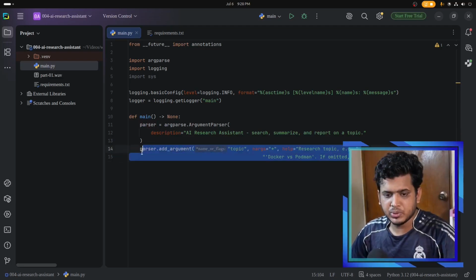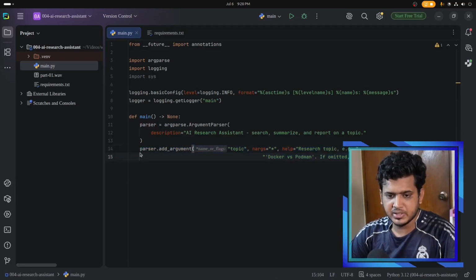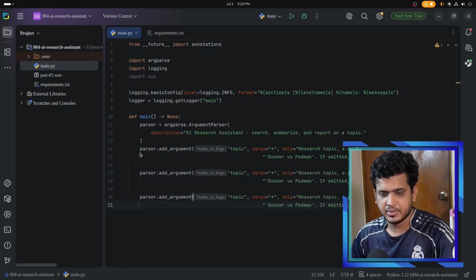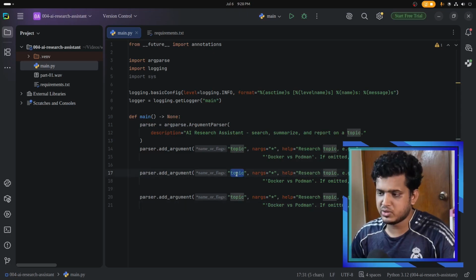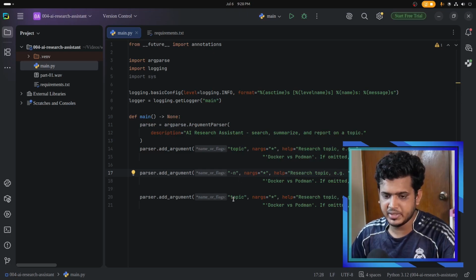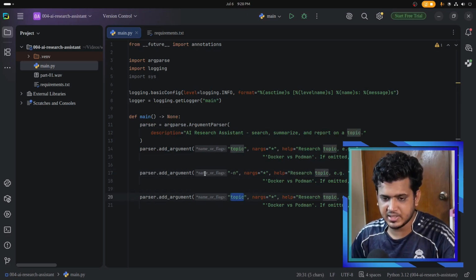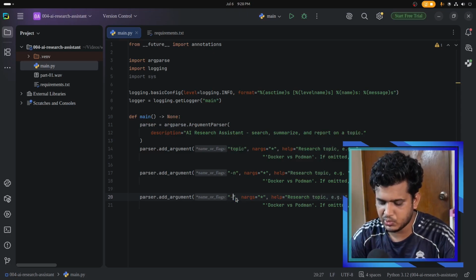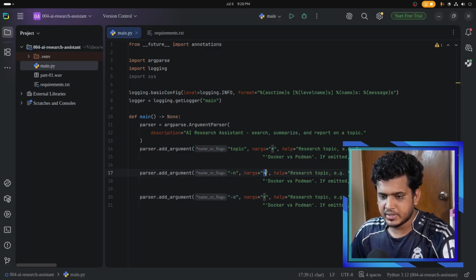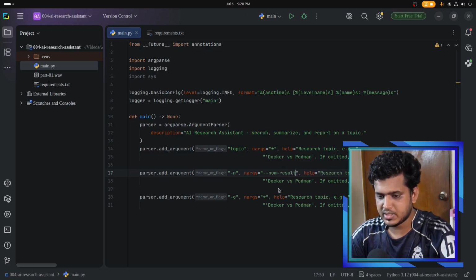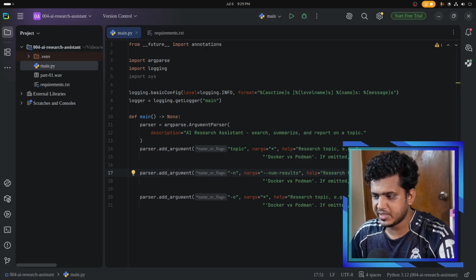Then again I am going to add 2 more arguments. The first argument was topic, the second argument will be n, and the third one will be the name of the flag. It is written here. The flag name will be in here. Another, this argument's extended version is num results. And the help text will be